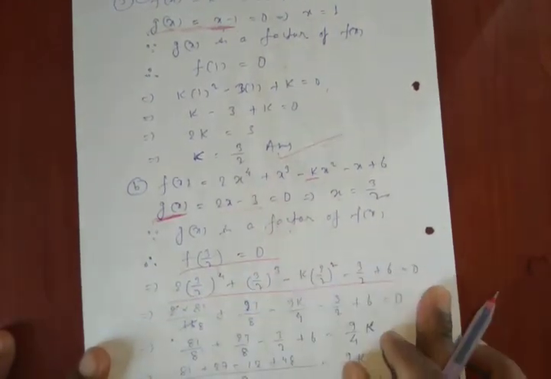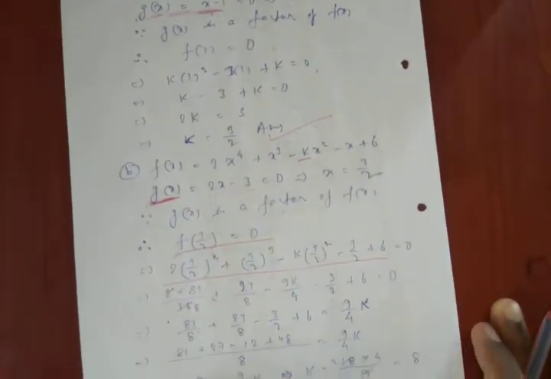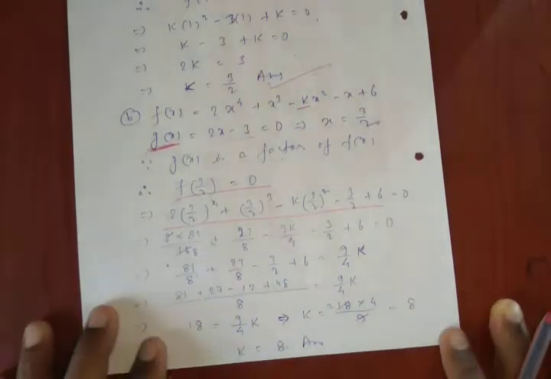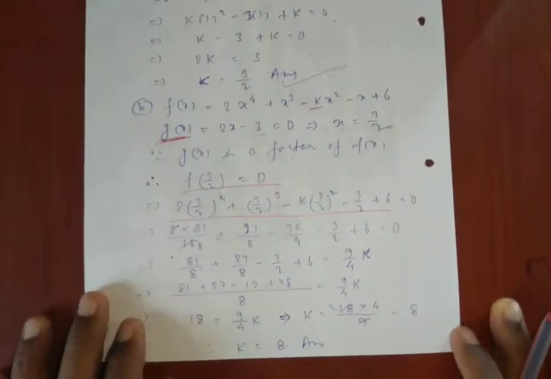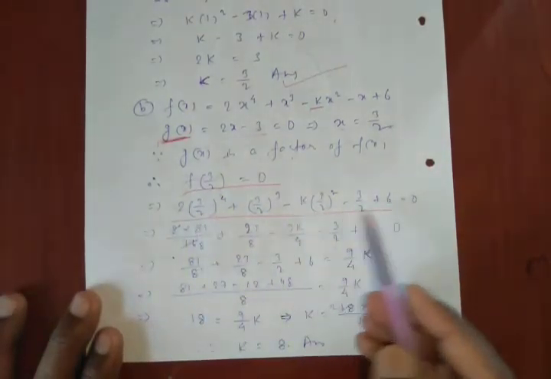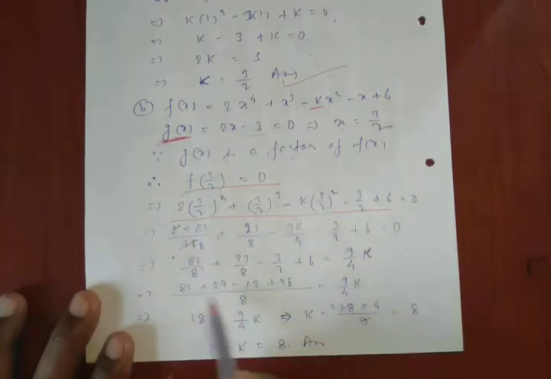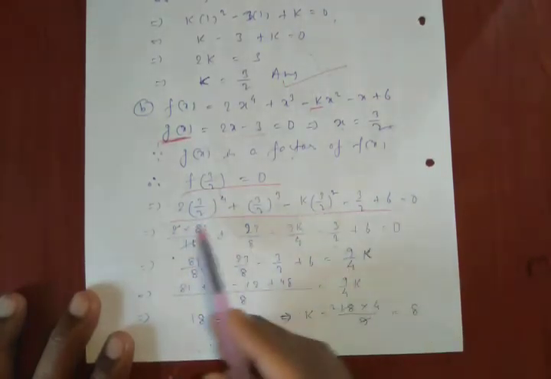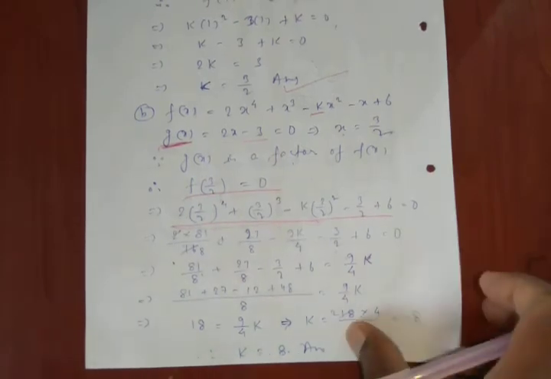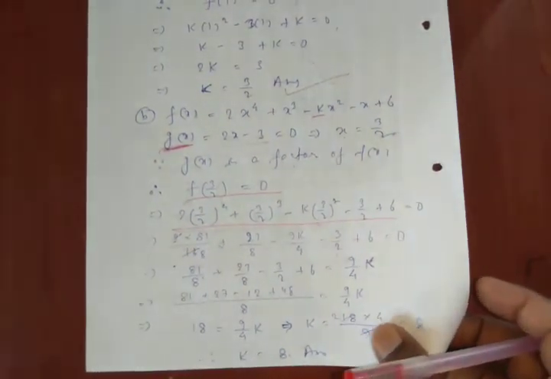So this is equal to 0, and then again solve this whole equation and you will get the value of k. So in this the value of k is equal to 8, and here I think you know how to solve these things. So I'm not going to explain all of it. Just remember that here we will do this, and then after solving we get the value of k equal to 8. So this is the answer of question number 3, and then question number 4.